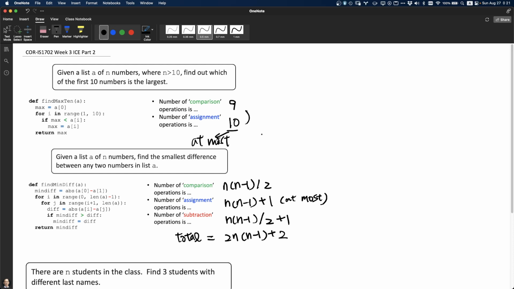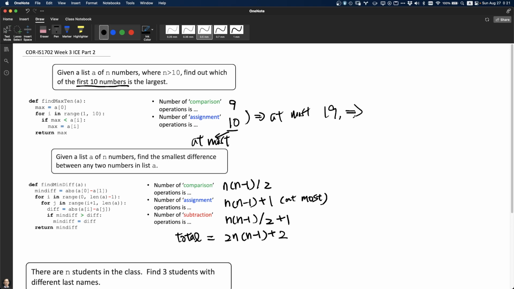But since we care about the worst case analysis, this is okay. You know? So in the worst case you have at most 19. And as you can see, there's no n in it. And this is not surprising, right? Because you are only checking for the maximum element for the first 10 numbers, which means that regardless how large your n is, your n can be 1 billion, doesn't matter, still only the first 10 numbers will be checked,